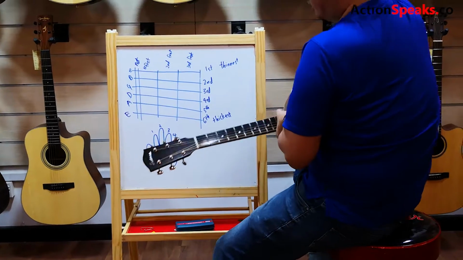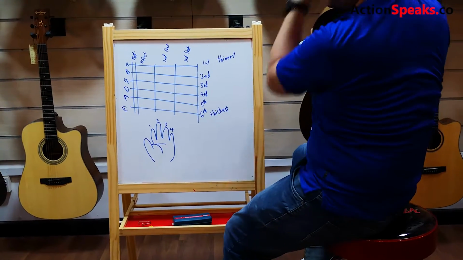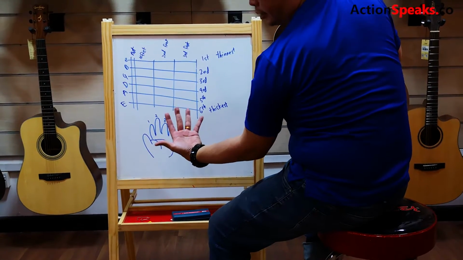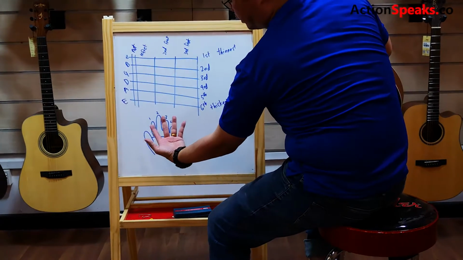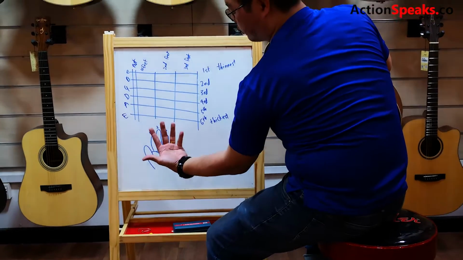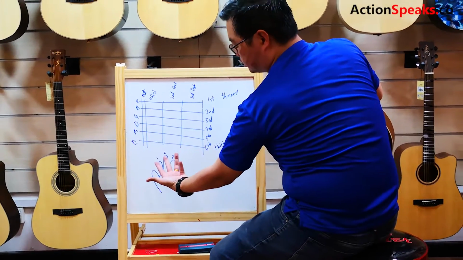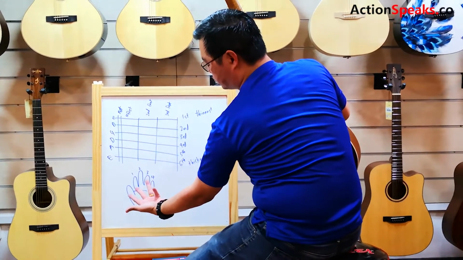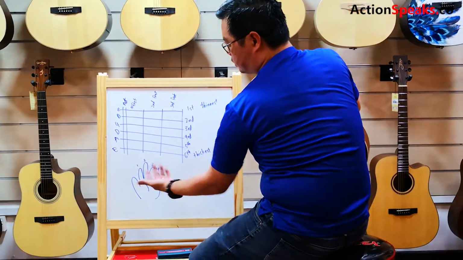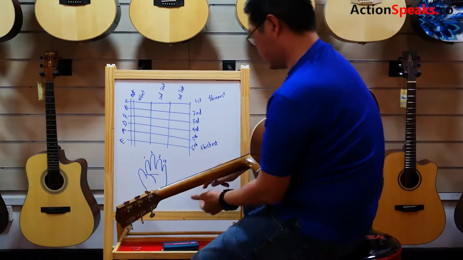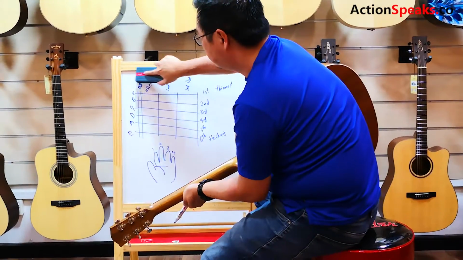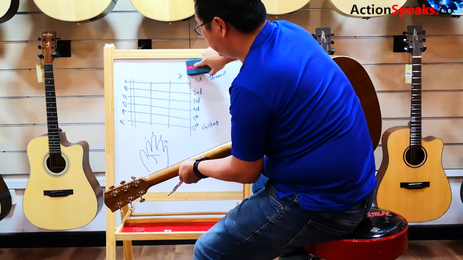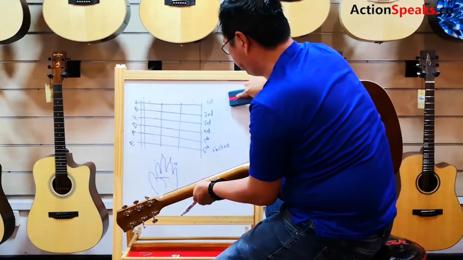And here you can see the fingers. This is your left hand, right? So imagine your left hand. The index finger is your number 1. Number 2 is your middle finger, then the third finger, and the 4th. Right. So how do you read chords? Assuming you already know the position of each string and the fret,